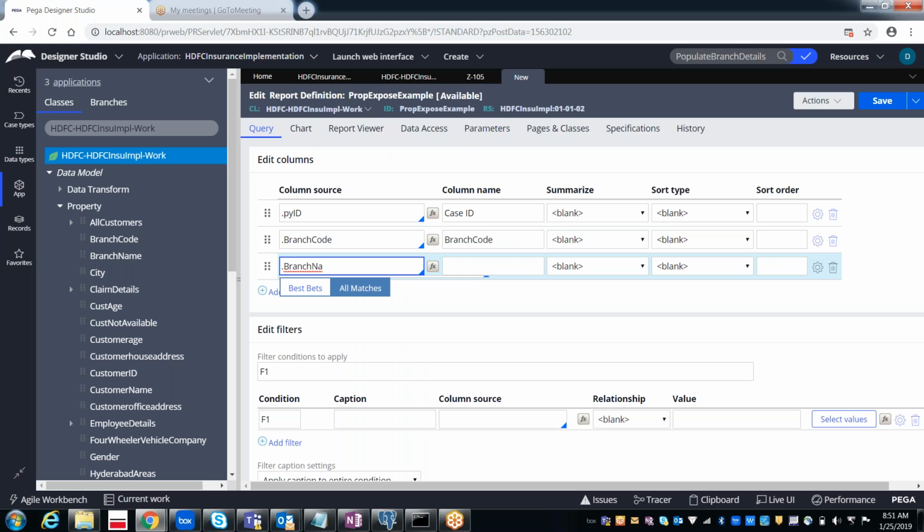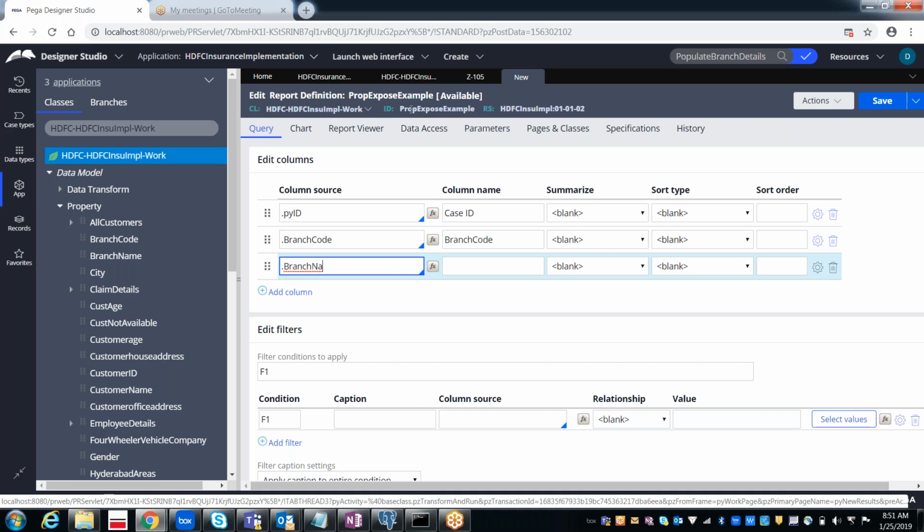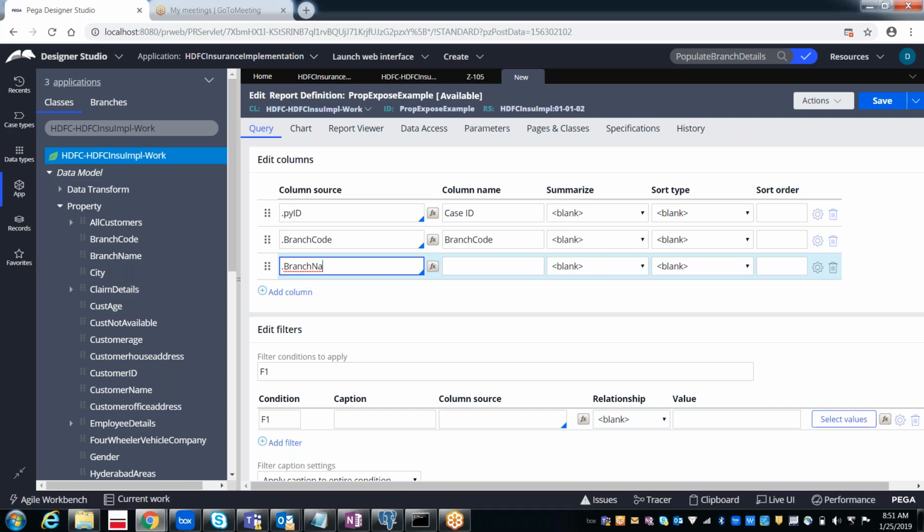But whereas the branch name, even though you have the property in this particular class where you are creating the work object, still you are not able to see it in the column source. Why? Because all of these properties are under the blob format. The properties which are under the blob format cannot be seen in the report definition.